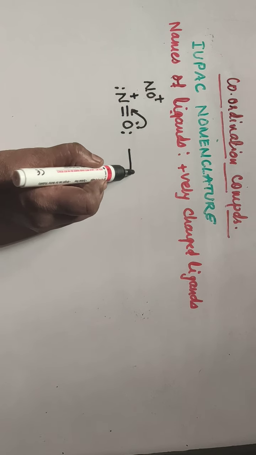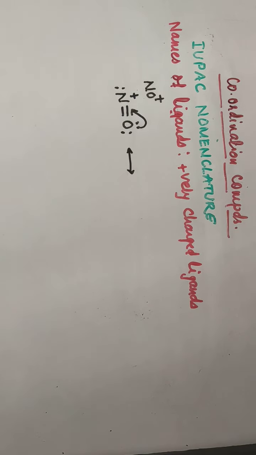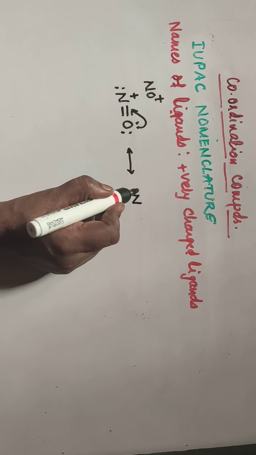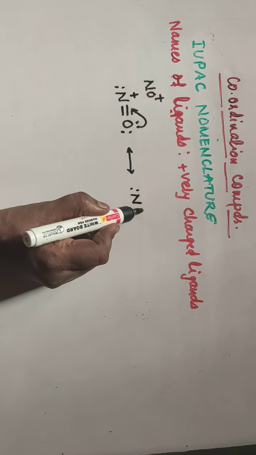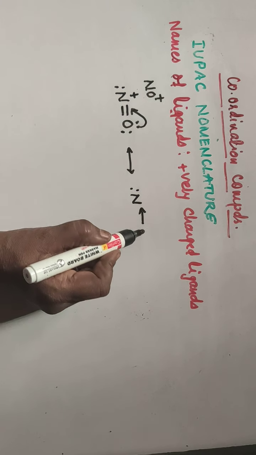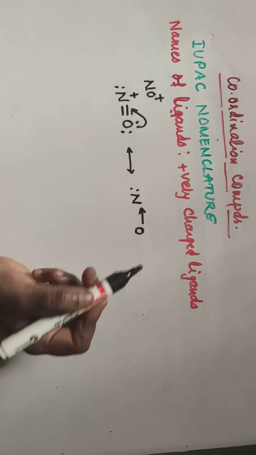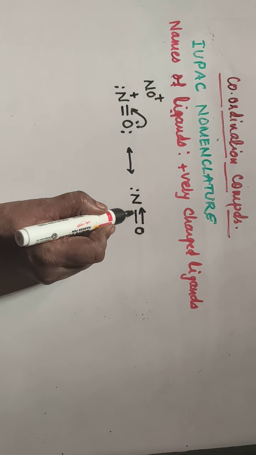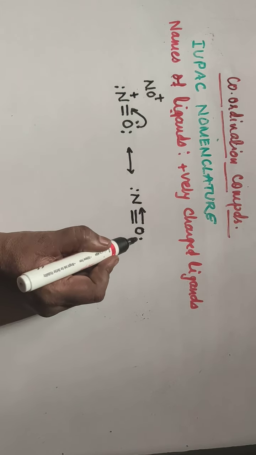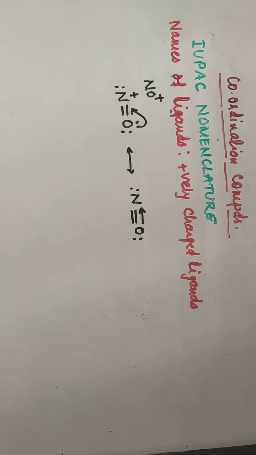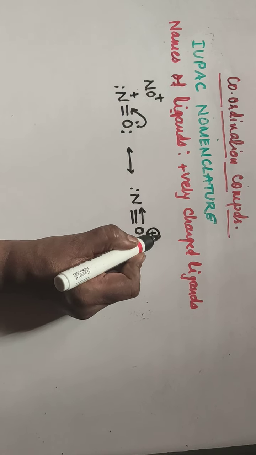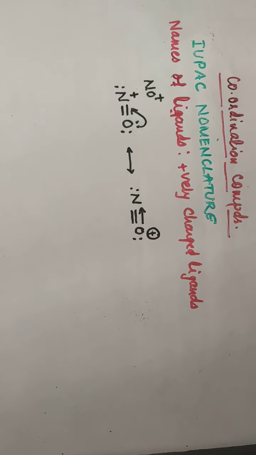So it shows a resonance structure in which this nitrogen has one pair of electrons. Now there is a formation of a coordinate bond in between oxygen and nitrogen. Already a double bond is there, and one remaining pair of electrons is there on the oxygen atom, and now this oxygen acquires positive charge as it donates a pair of electrons.